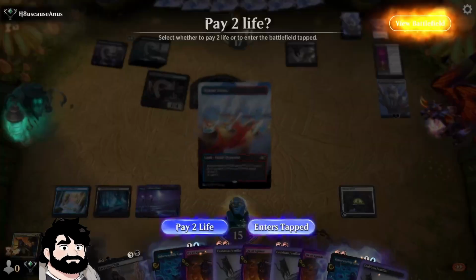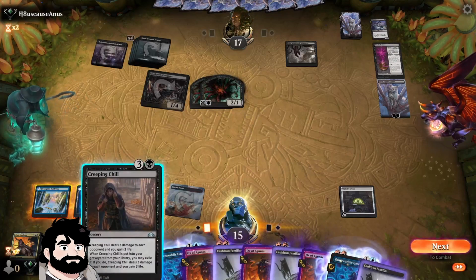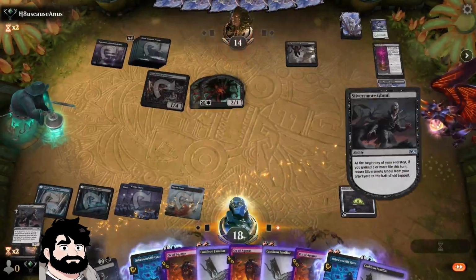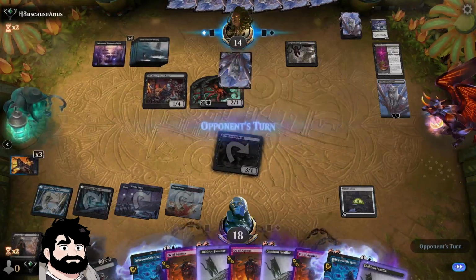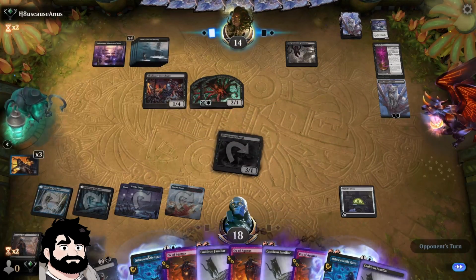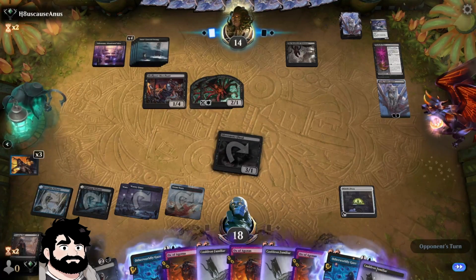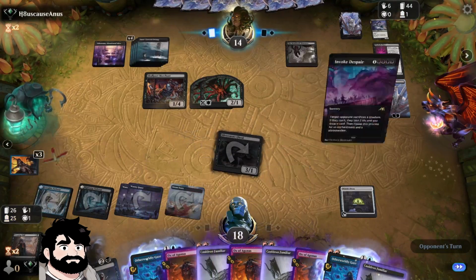Steam Vents tapped. I think we've had enough of paying our life. Creeping Chill will let us get back one of those bad boys, and then we can use him to get cats. I'm sorry? Oh, at the end of the next end step. Okay. Well, we're gonna be hurting here, but I'm going crazy. Good news is we could possibly Ox if we rip a...